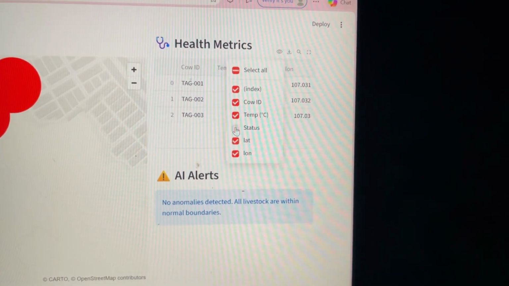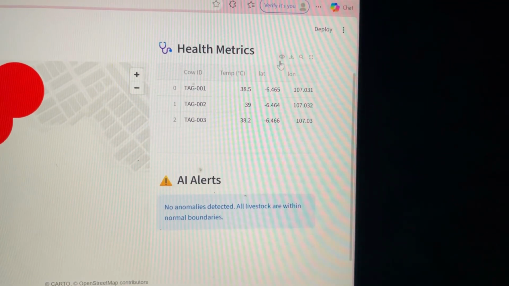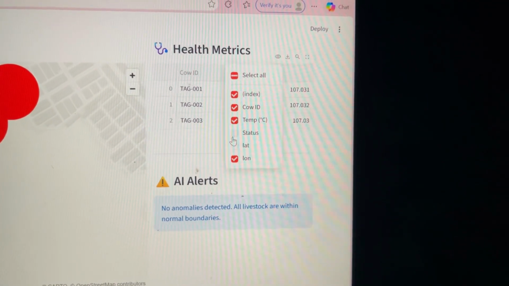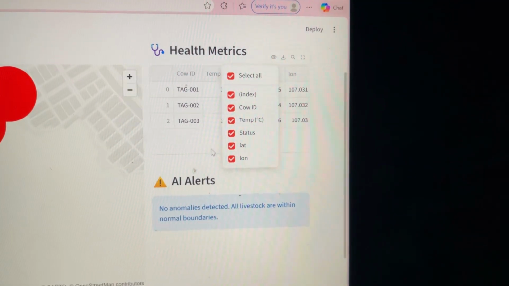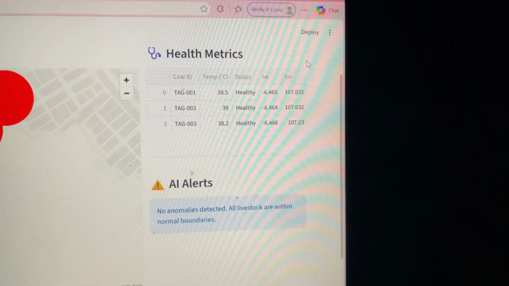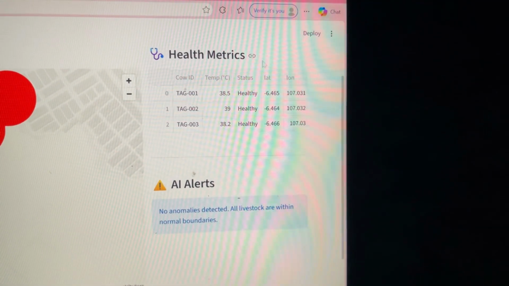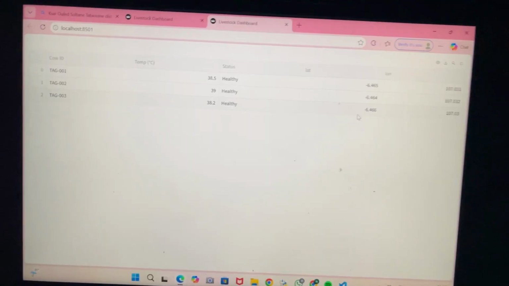Even though we didn't have a real farm, we successfully built the entire software architecture for an IoT tracking system. This is what software engineering is all about: building solutions, testing concepts, and making it work with whatever resources you have. I hope you enjoyed this coding session